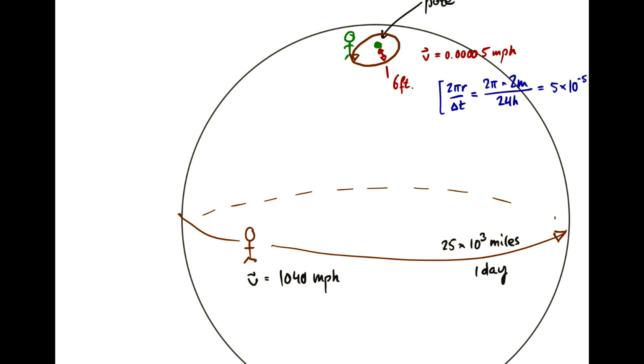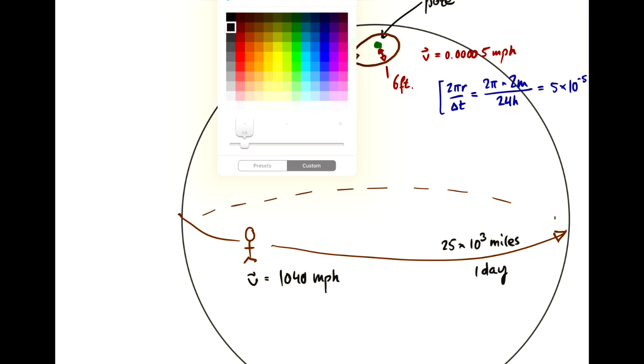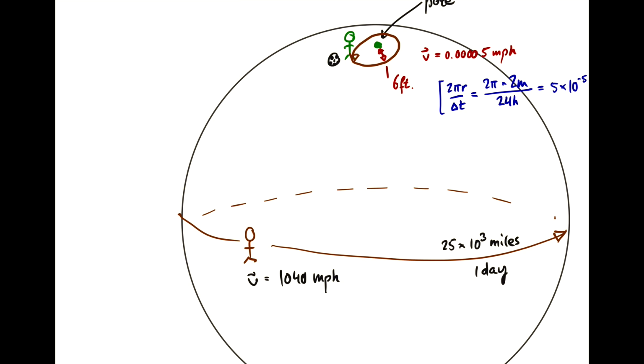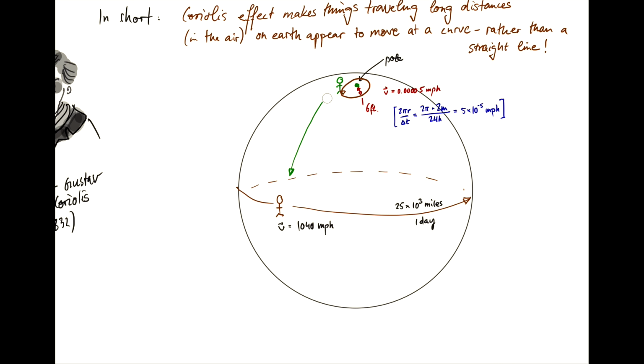Now imagine the following situation. Imagine that player 1 here has a soccer ball and wants to shoot it down toward player 2. And he shoots it in a straight line. Let me redraw this actually as a straight line. Okay, so player 1 is up here with his ball, and he shoots exactly at the moment when player 2 is exactly south of him, down here.